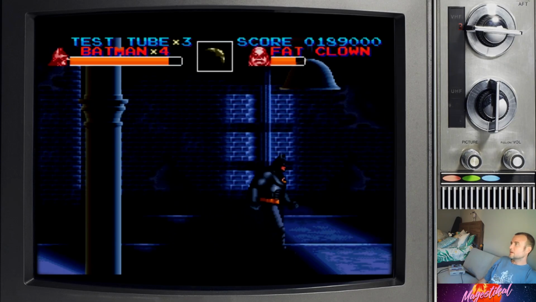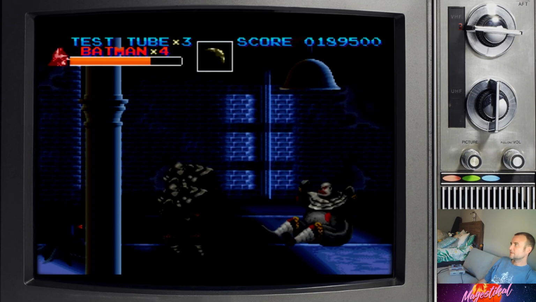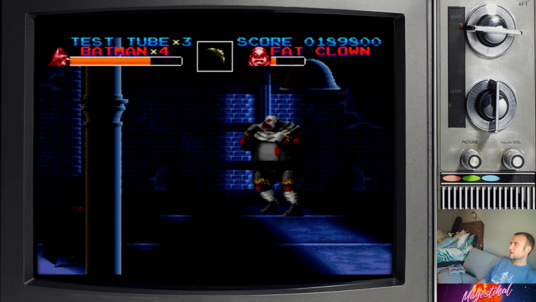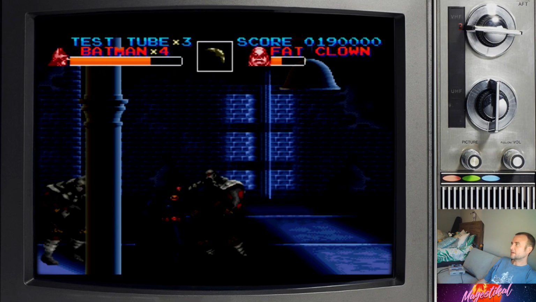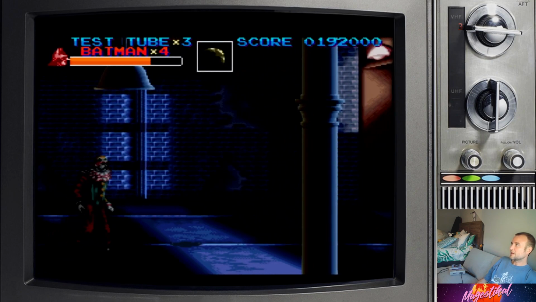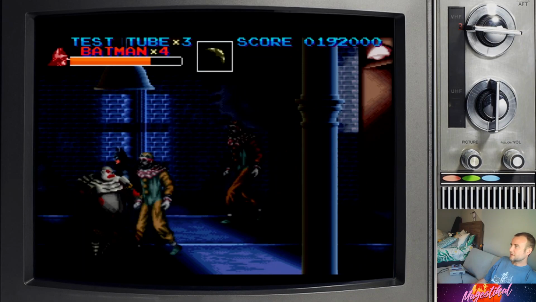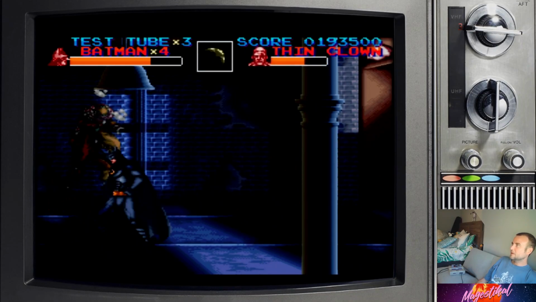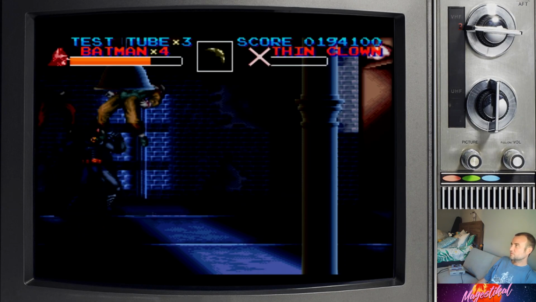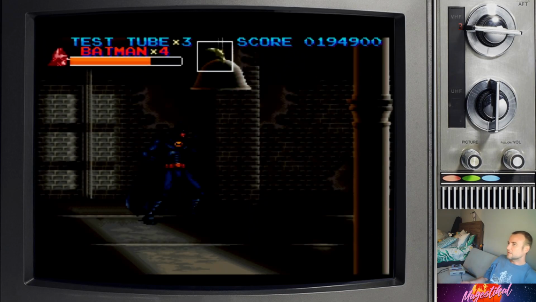So, I guess the main difference is that she doesn't do the cartwheel hyperspeed attack, which is where I typically use test tubes on the first fight. And also, you have to fight Penguin right after this fight, so it's a good idea to not use your test tubes anyway and save them for Penguin. If you're trying to do a really good run, you literally have to do that. Another tip I use for this fight is